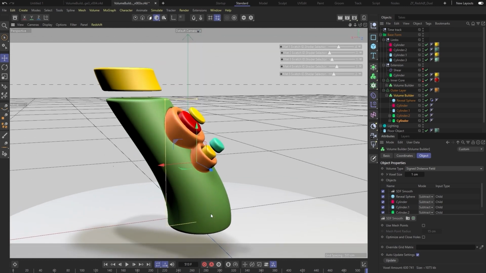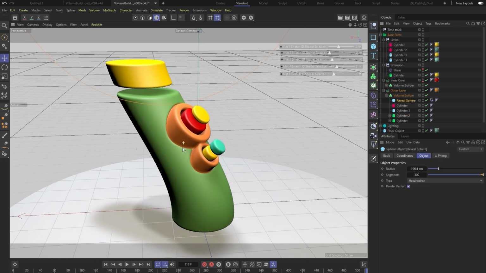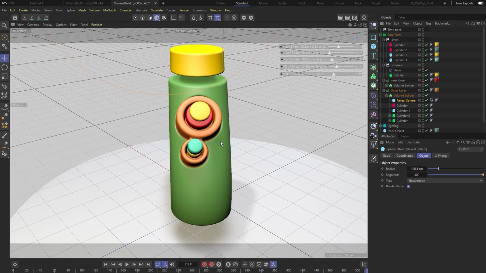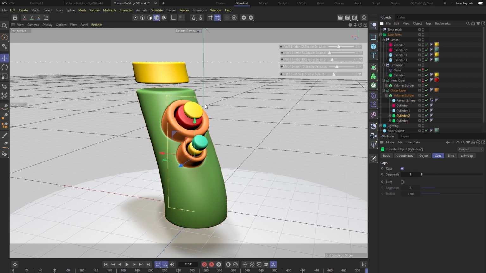So we have created a nice little geometry revealing moment fairly easily, just by using one shape to delete from another shape, and then deleting these two cylindrical shapes from that, and we have a nice little core or shell around our core. We can add as many of those as we want, or fewer, depending on what your goal is.